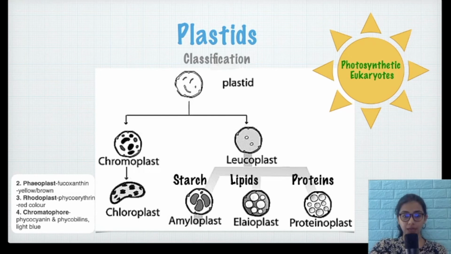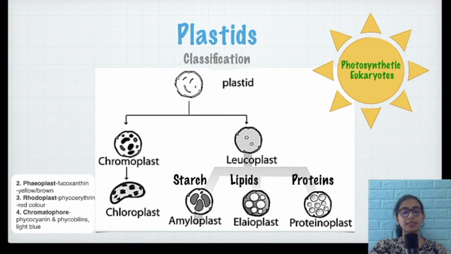Now, also another type of plastids are the leucoplasts. Okay, now these are the storage plastids. Their function is to store substances. So, leucoplasts that store starch are called as amyloplasts, that store lipids are called as elaioplasts, and that store proteins are called as proteinoplast. But then there is no need to get overwhelmed by these many types of plastids.